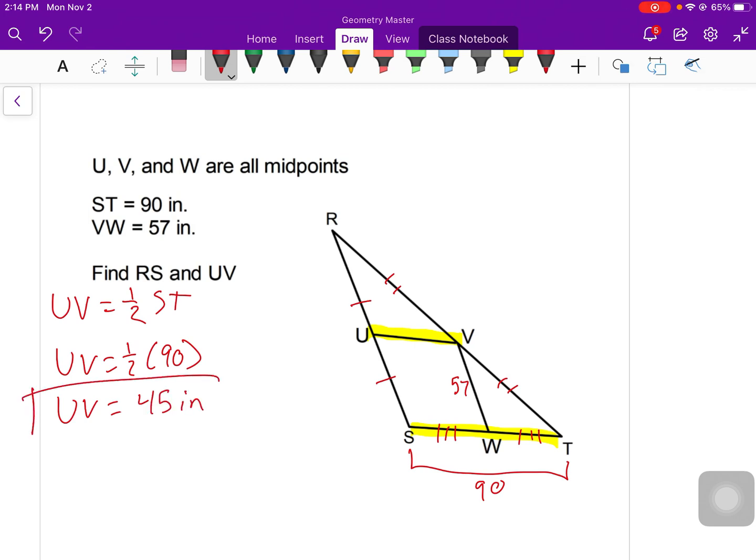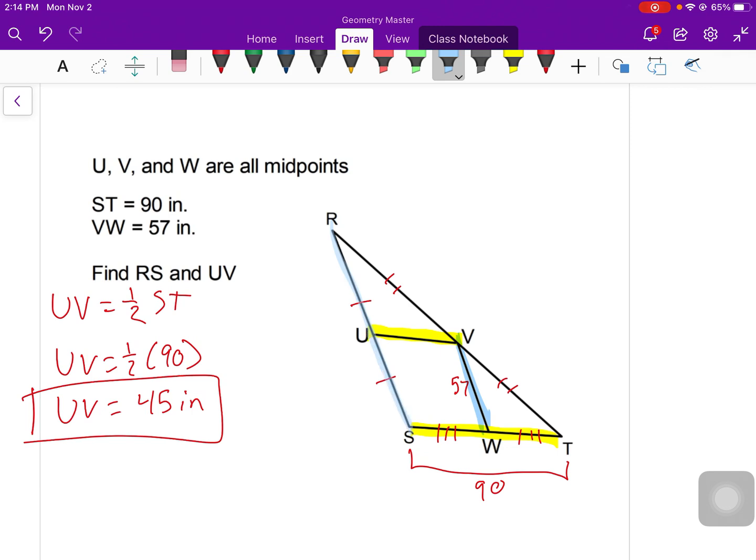Got to make sure I have my labels. So the length of UV is 45 inches. Make sure that you do not put that segment bar above UV, because we are saying the length of segment UV. That's what this notation says. Now if I want to find VW,